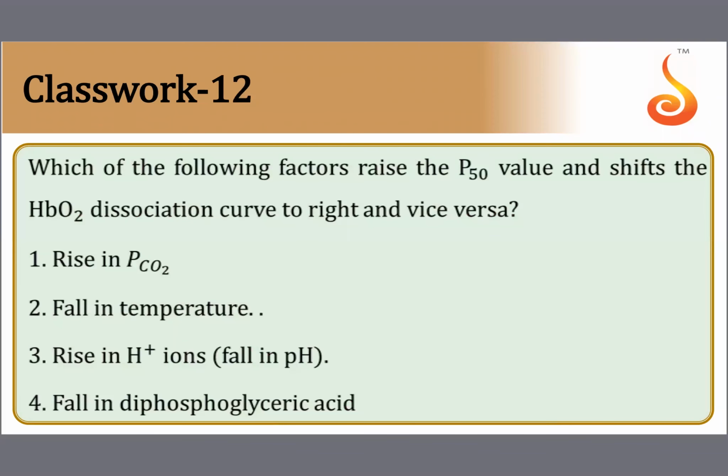Now I answer my question. They are saying it is shifting. The hemoglobin oxygen dissociation curve is shifting to the right, they are saying. So which are the factors responsible for the Bohr's shift? Answer this question now. This is the Bohr's shift. Yes, very good, Nashra. It is 1 and 3, isn't it? Rise in partial pressure of carbon dioxide and rise in H plus ion concentration.